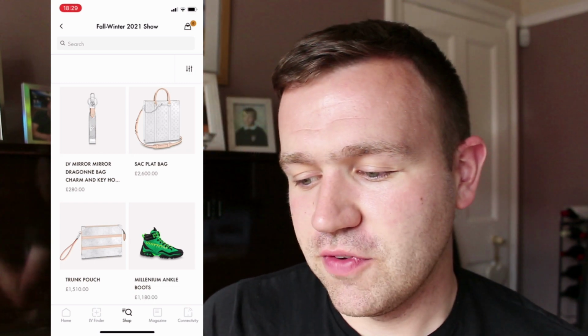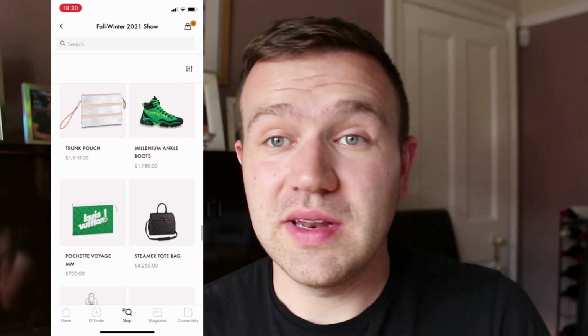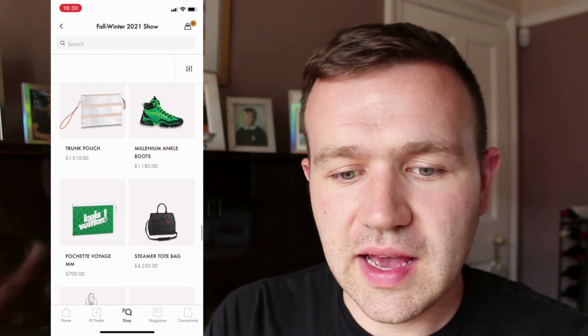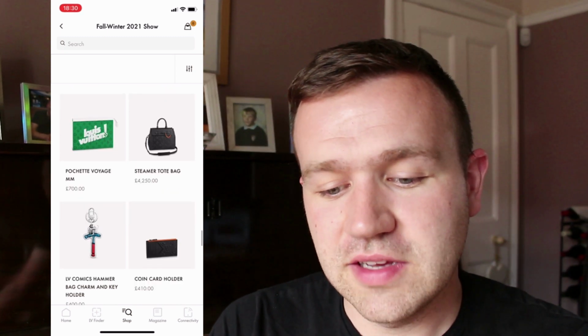Millennium ankle boots for almost £1,200, sorry, I wouldn't be passing in them. The Steamer tote bag, quite nice and subdued. I like the wee bit of orange detail just to highlight that. There's the Pochette Voyage in green for £700, so that's just under half the price of the trunk pouch,